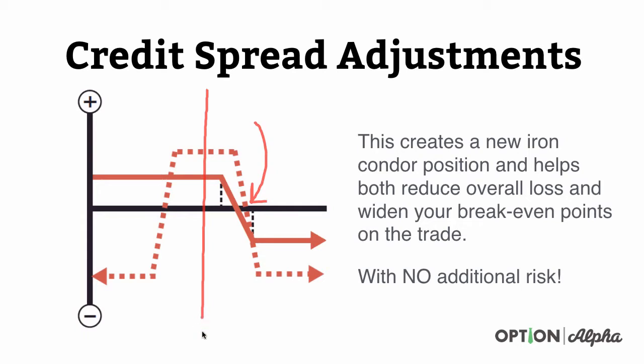So if the stock is now trading, let's say at 55 here, now you can see our new iron condor, which is in the dotted line, is kind of right centered around where the stock is trading. Originally, the stock might have been trading down here around 50, as we talked about earlier. So now the stock rallies higher. This new iron condor, which is a little bit taller, a little bit more narrow, is now a little bit more centered around where the